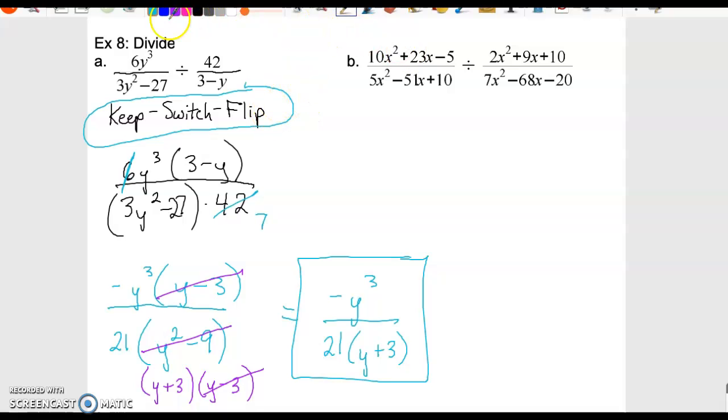Welcome back, Math 098. We're going to continue with this keep, switch, flip when we're dividing rational functions. As I mentioned in the previous video, this is the third of hopefully only three. In the second video we talked about keep, switch, flip, but I also mentioned that I like to, while flipping, also factor. As you get a lot of practice with this, you're really doing 4 problems in